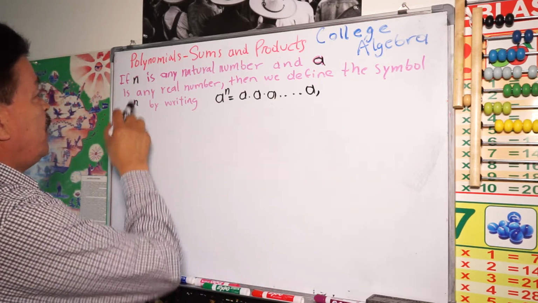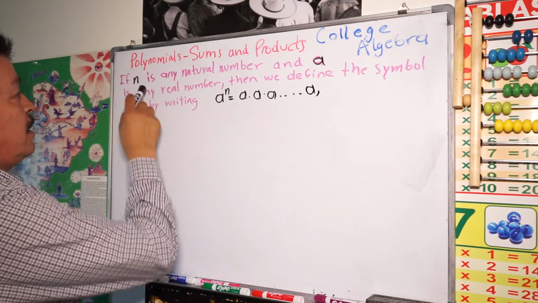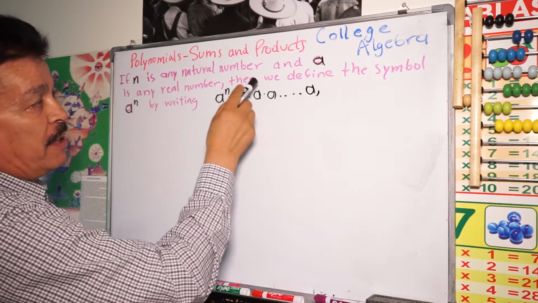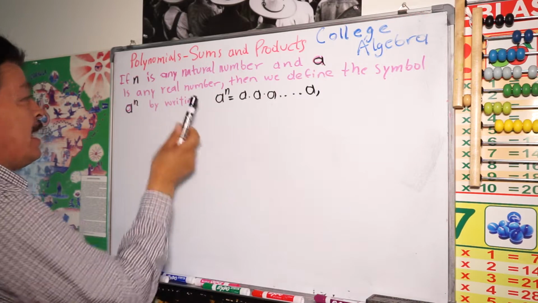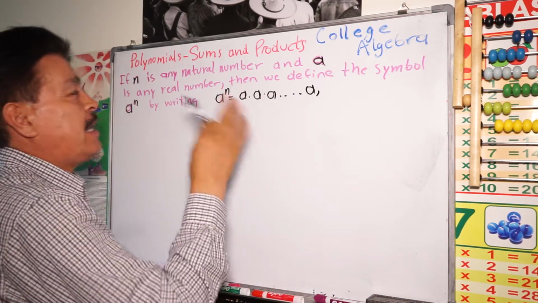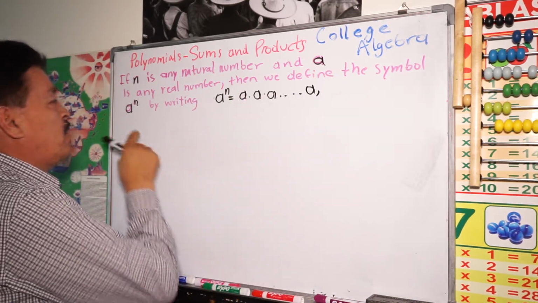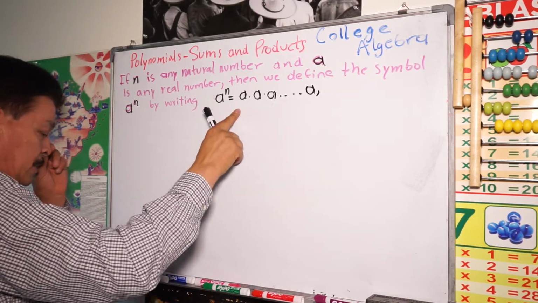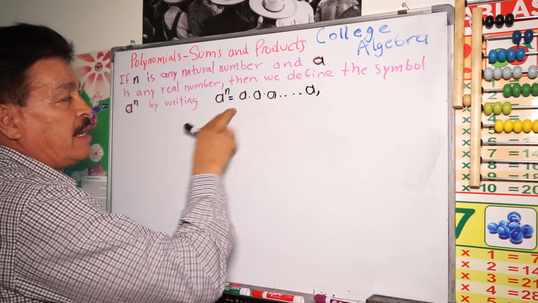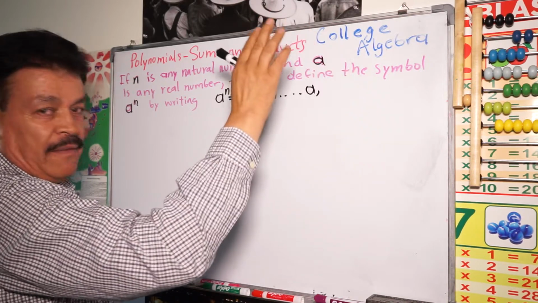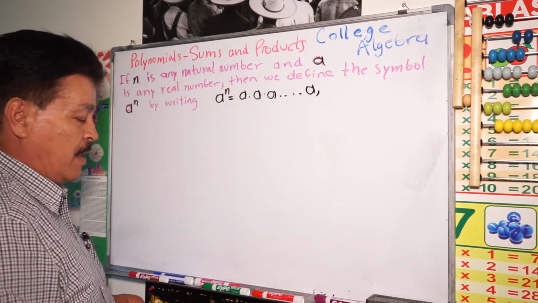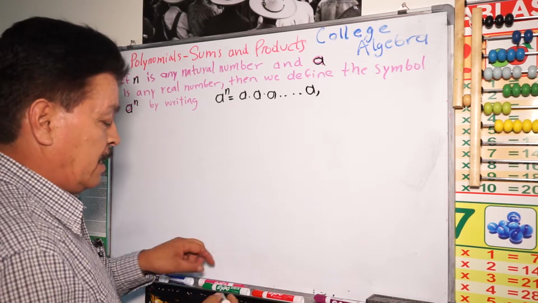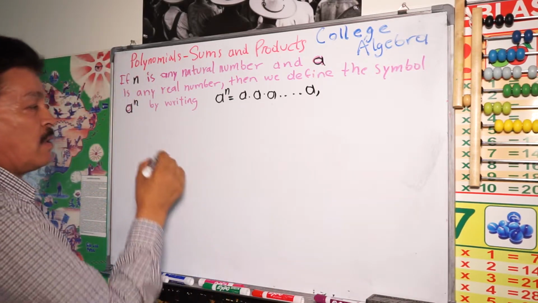backgrounds. If n, for example, in this case, if n is any natural number and a is any real number, then we define the symbol a^n by writing a^n equals a times a times a. Whatever the number, the exponent you have. I mean, we have to remember this concept, or at least